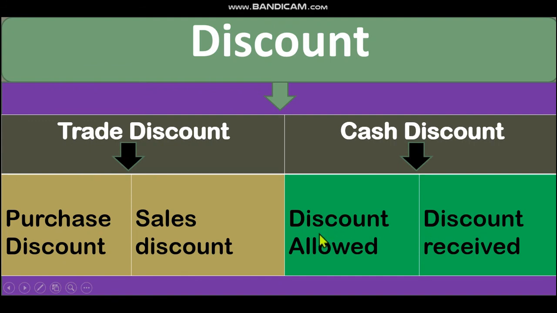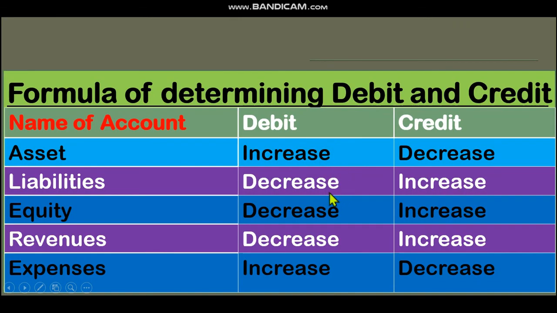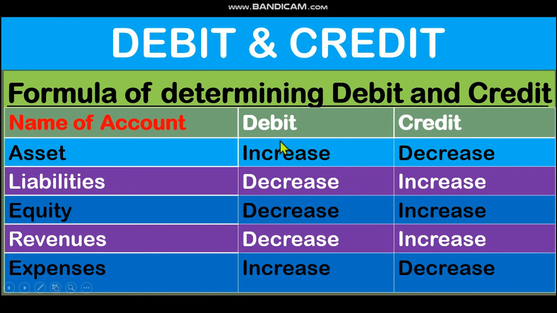That means at the time of receiving from debtors, if you allow any discount, that is discount allowed. At the time of payment to creditors, if you receive any discount, that is discount received. So these are discount allowed and discount received. Dear student, for journal you have to know the debit and credit formula. You know that asset and expenses increase debit, decrease credit. On the other hand, liability, equity, revenue,